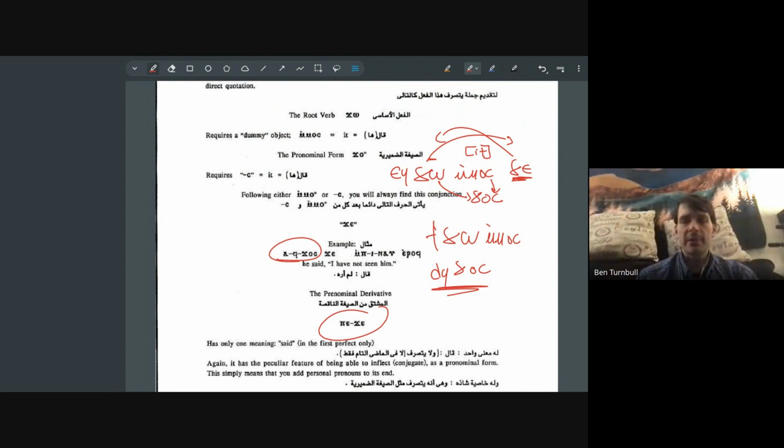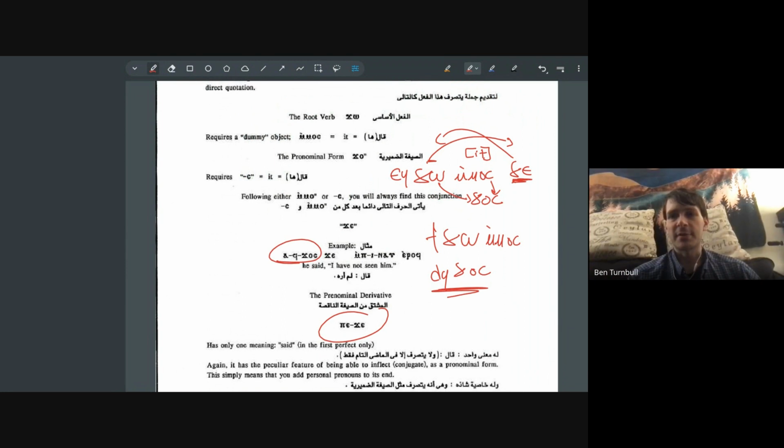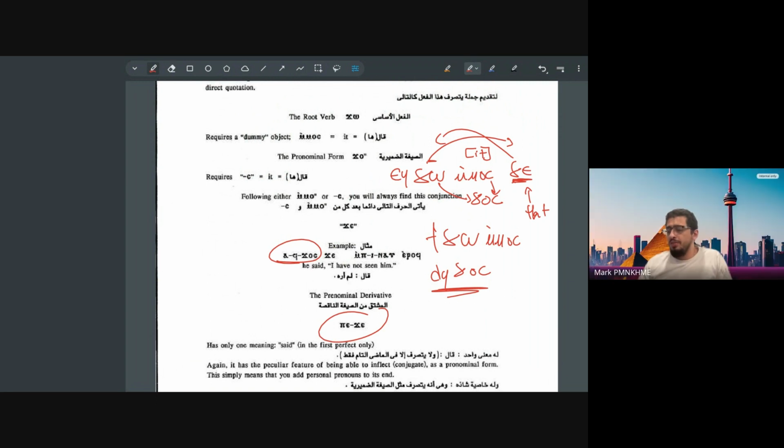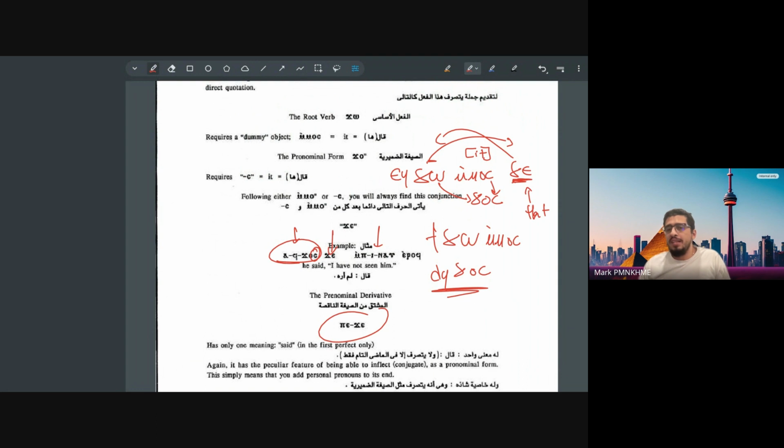Just want to say, it reminds me of what we were talking about before the session, about how we have the option in English to say he was saying that or he said that. So and so did this crazy thing at work the other day. So the that in English kind of sounds like the emos, like it's similar. Though not exactly. That would be the j. So if you say ⲏ, so he said it, that I did not see him. So he said. J. So it just says he said it.